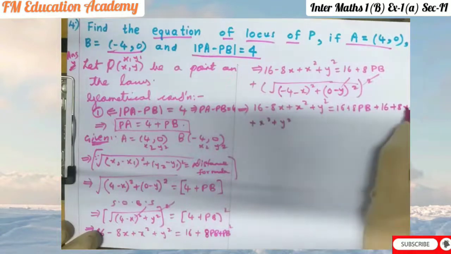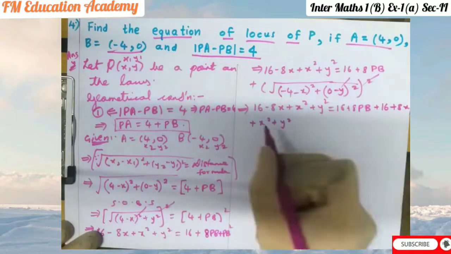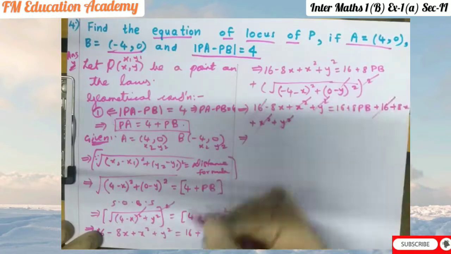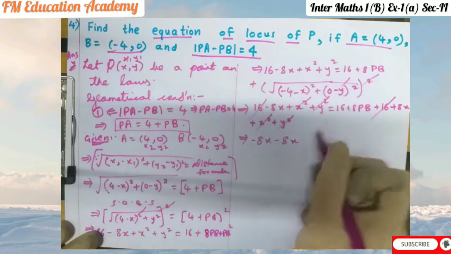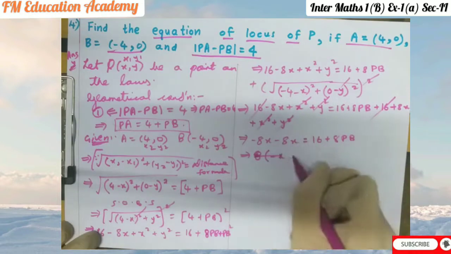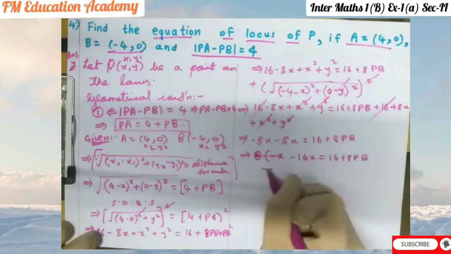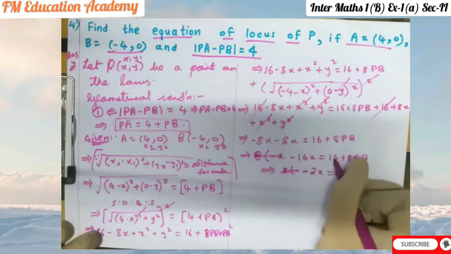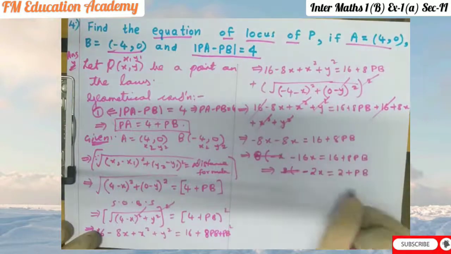See, this x square plus y square is of this RHS. Don't get confused. This x square plus y square is not of LHS. So here x square will get cancelled. Y square will get cancelled. 16 will get cancelled. Minus 8x is as it is, plus 8x if it comes this side, minus 8x is equals to 16 plus 8 pb. 8 plus 8 is 16, so minus 16x is equals to 16 plus 8 pb. Now we'll take 8 common, so we are left with 2 2s are 16, 16 plus 8 1s are 8.